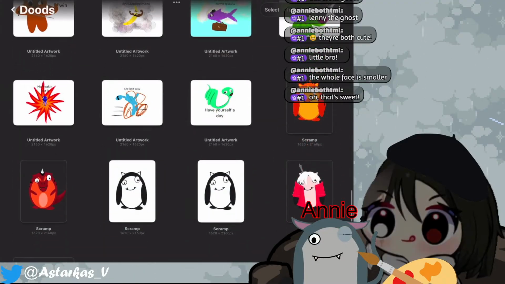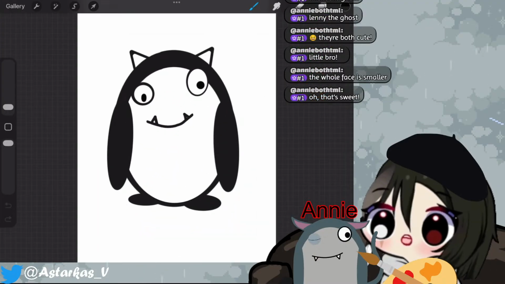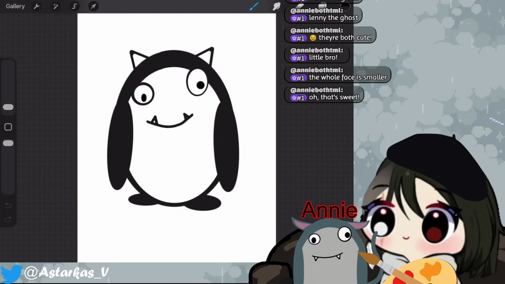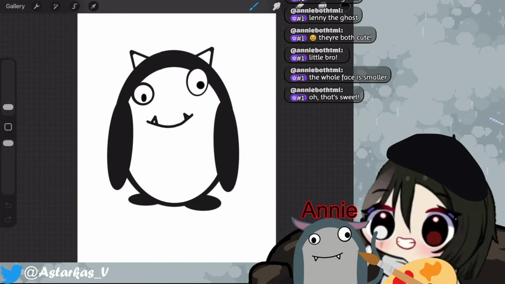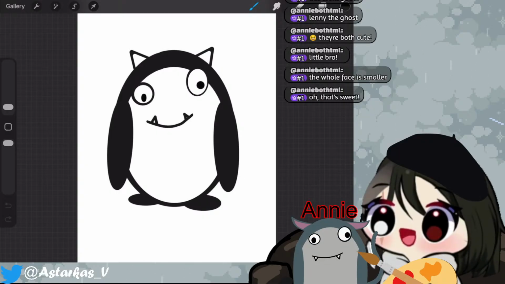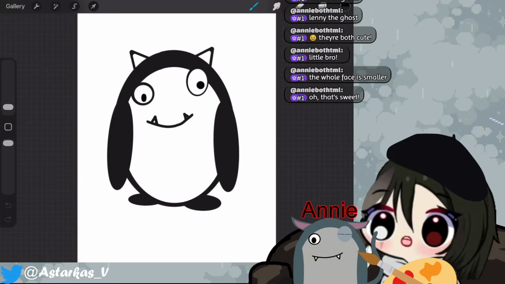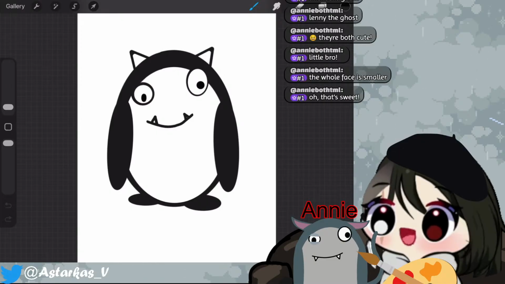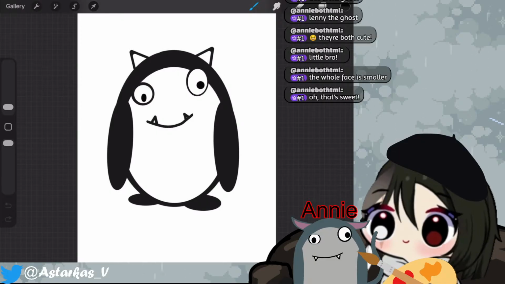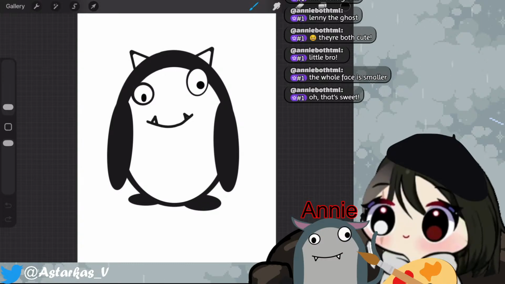Also, the body shape and the forehead is different. Oh, it's still cuter. It's still cuter. Holy shit. That one's good. It's cuter than the basic one too. This one's not bad. Okay, but